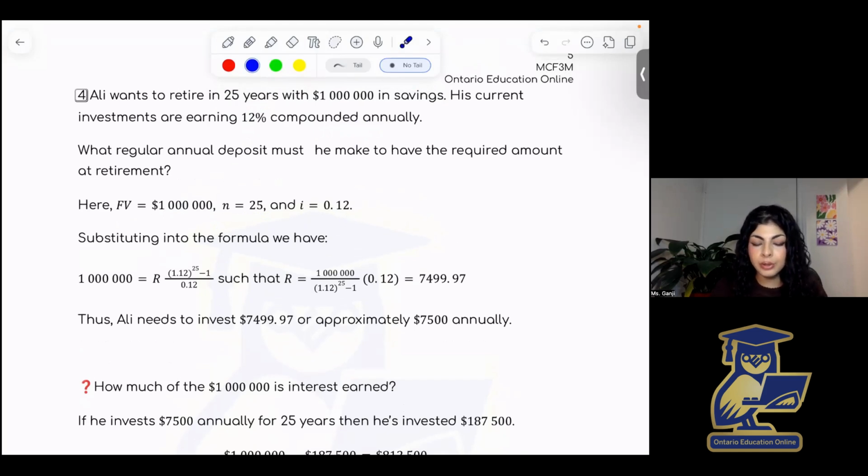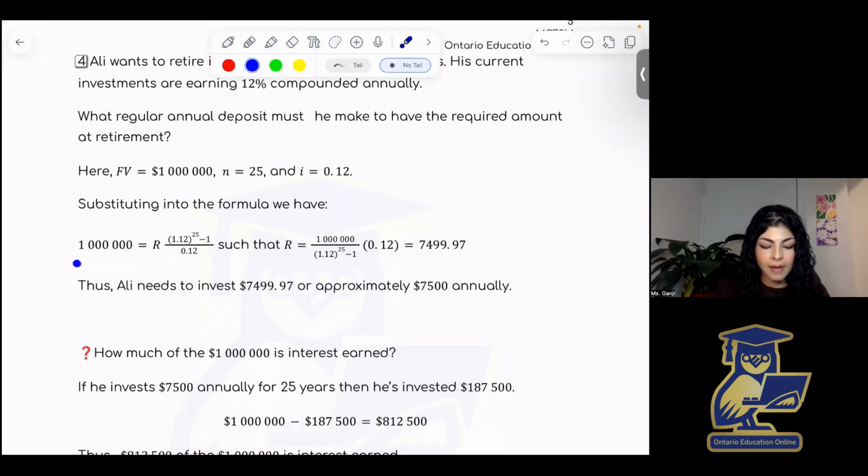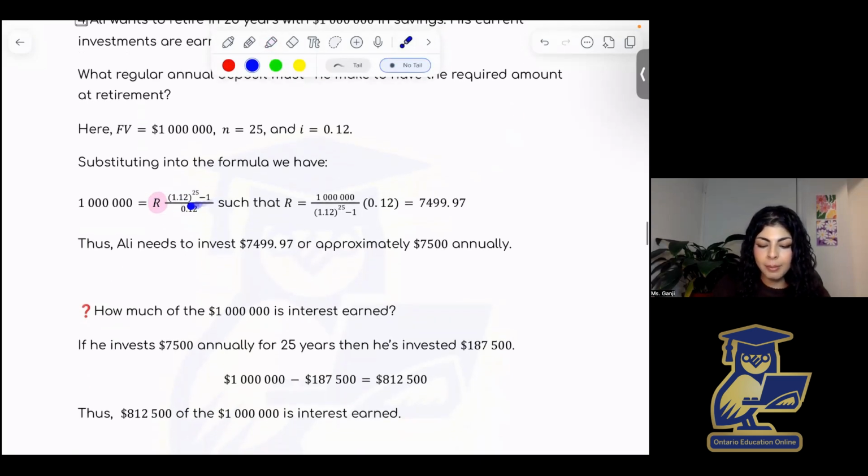So now substituting into the formula from above, we have $1 million is going to be equal to R times 1.12 to the power of 25 minus 1. And now keep in mind here, when you're dividing, this is just I. Don't confuse these two. Don't put 1.12 here again. It's just 0.12. And now we want to solve for R, which is our regular payments. And this is just a bit of algebraic manipulation. We multiply by 0.12, and then we divide by this numerator here, and we get